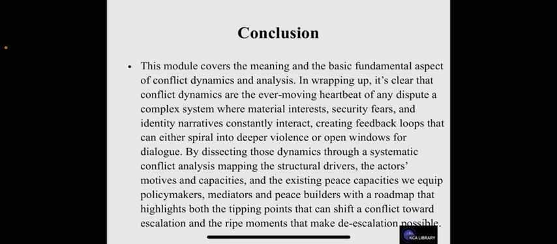So in conclusion, this module has covered the meaning and the basic fundamental aspects of conflict dynamics and analysis. In wrapping up, it is clear that conflict dynamics are the ever-moving heartbeat of any dispute, a complex system where material interest, security fears, and identity narrative constantly interact, creating